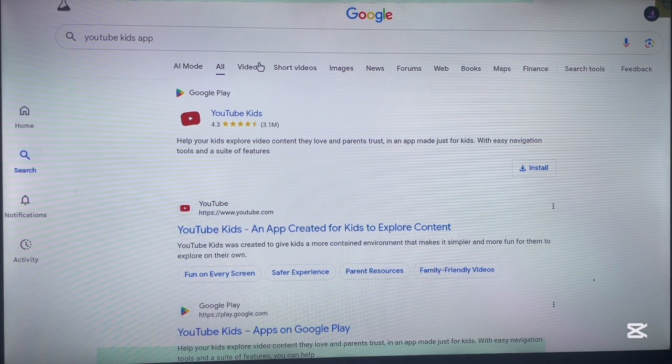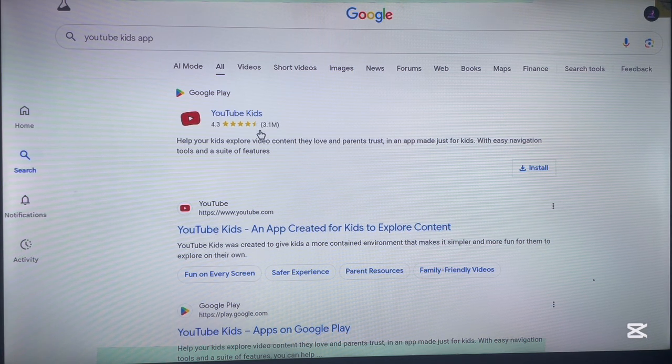Once I come over here, here's the application. Now there's one thing I just want to say. The application is not available in every country, especially in African countries. But if you are living in Europe or in the Americas, then you are probably going to have access to the application here. So what you have to do is just go over here, and then you are going to